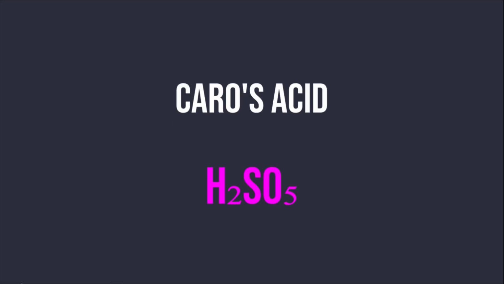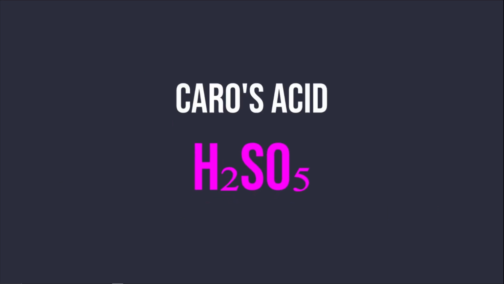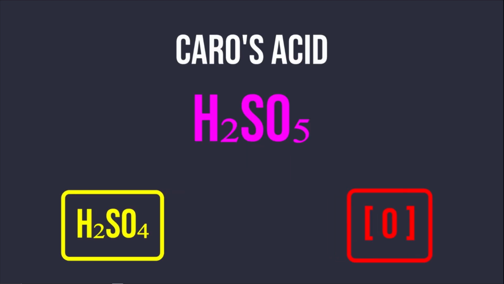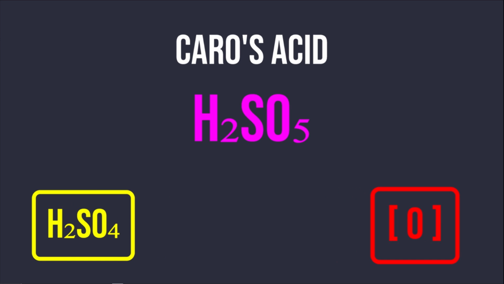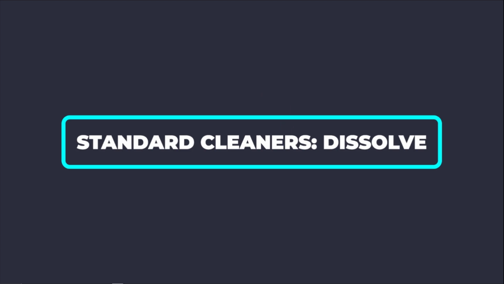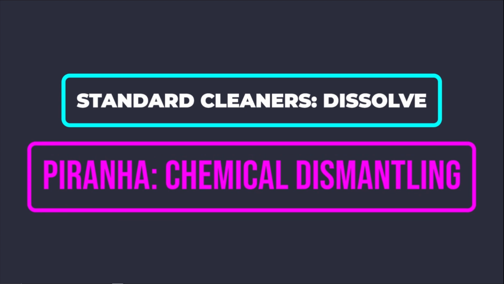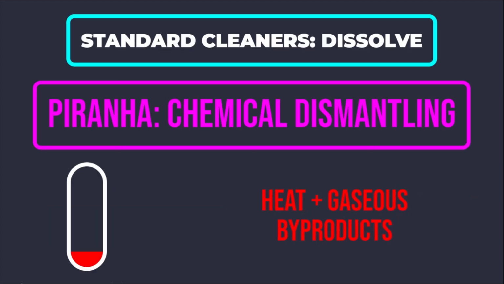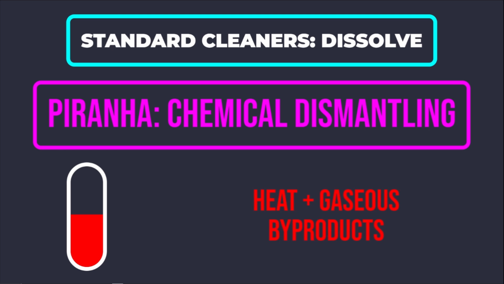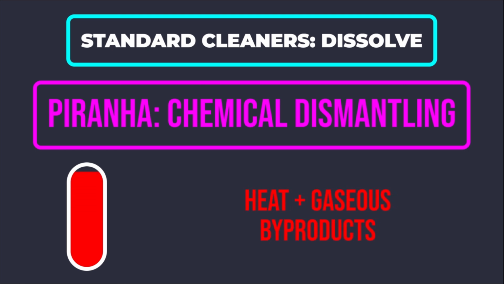structure. Simultaneously, the chemical reaction between the two primary components generates peroxymonosulfuric acid, also known as Caros acid. This specific molecule possesses an unstable oxygen-oxygen bond that readily breaks to release highly reactive atomic oxygen. Unlike standard cleaners that merely dissolve surface grime, this solution chemically dismantles the molecular framework of organic contaminants. The heat generated by the mixing process further accelerates these reactions, ensuring that even stubborn polymer residues are converted into